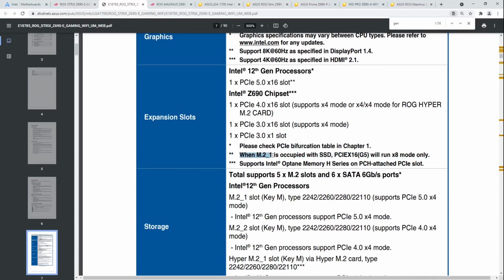When the first M.2 slot is occupied with an SSD, your GPU slot gets cut down to X8. This admittedly will not make your current GPU run appreciably slower. Even if you have a 3090, PCIe 4.0 X8 is perfectly fine. But I just don't like it. I feel like they should have just given you another X8 slot and then included an adapter card, which they even included, a ROG Hyper M.2